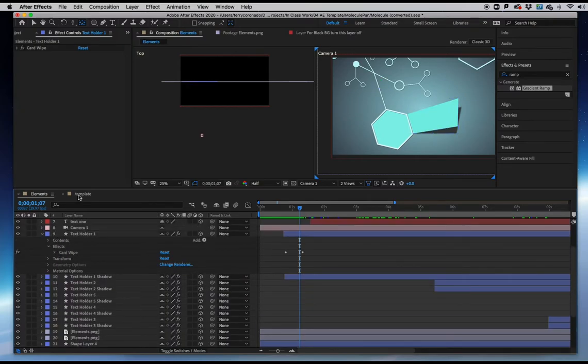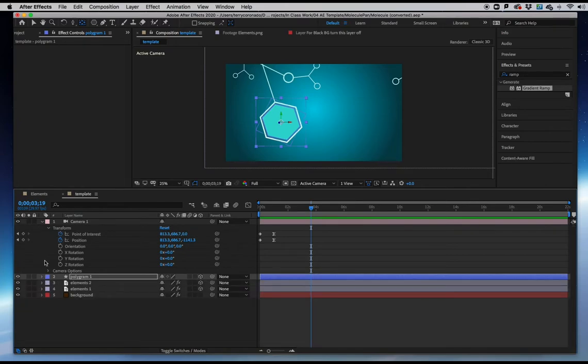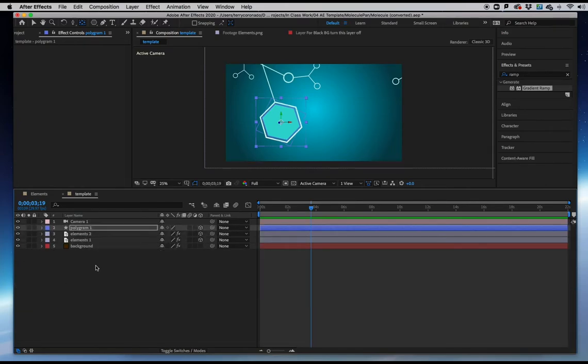So let's do that. Go into template. We're going to use the pen tool, but before we do that, we want to make sure that we're not selecting anything else, because if we leave this selected, it'll add a mask to it, and we don't want that. So I'm going to deselect that, then come up to my pen tool,